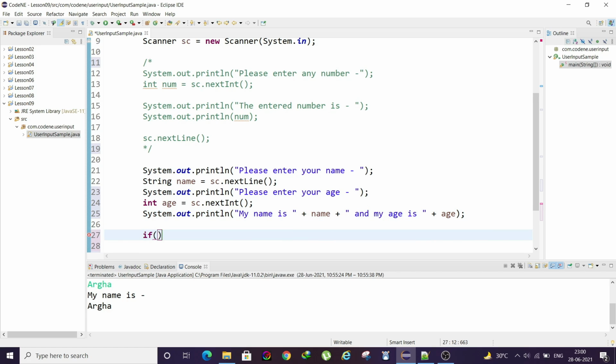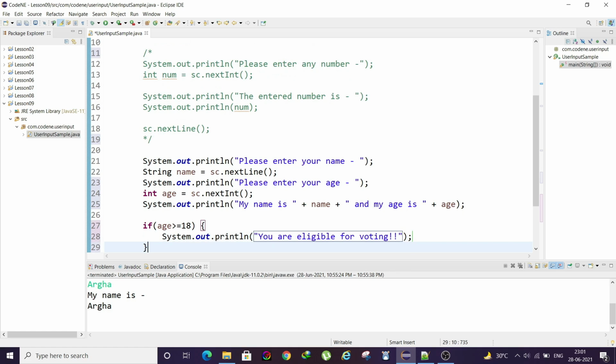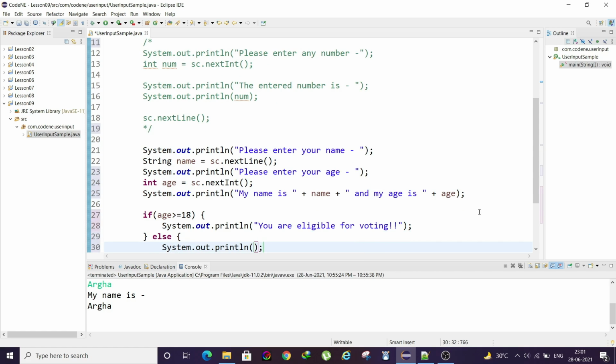Then, taking the example of if-else: if age is greater than or equal to 18, System.out, "you are eligible for voting". Then we can put the else case also: else, "you are not eligible".